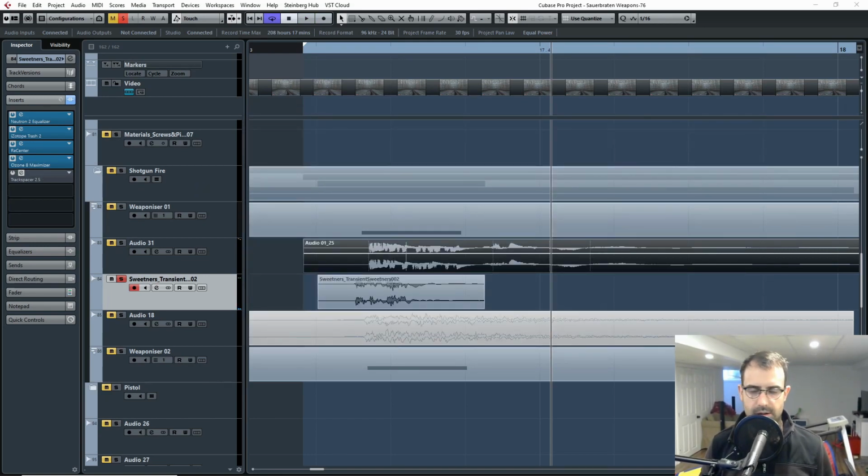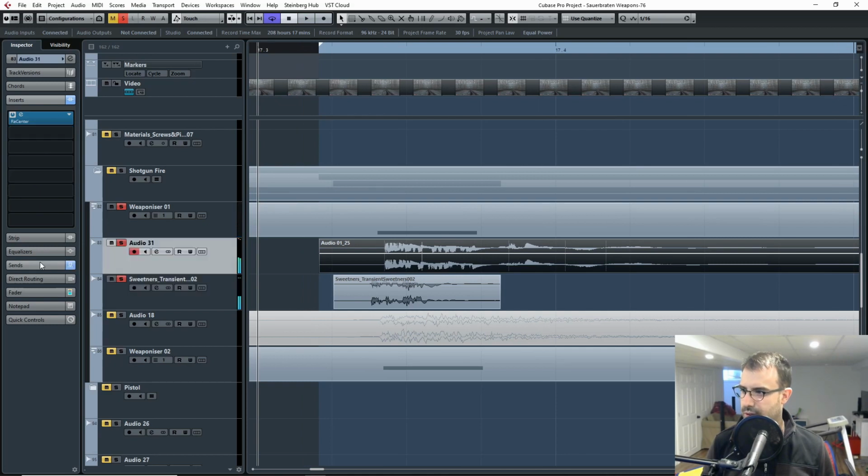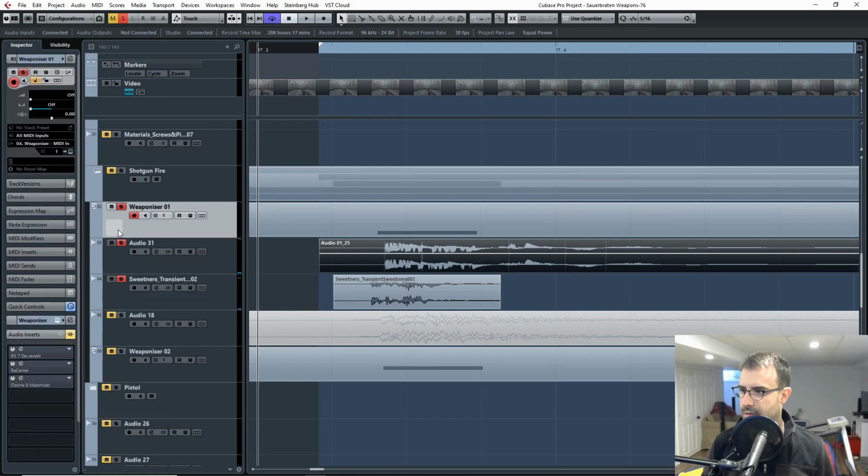And then finally, Track Spacer here. This is probably because I have another layer ducking this signal so it's not too loud. So if I just play it by itself, it'd probably be too loud as the gunshot, but with, I think it's the distortion layer here, it's being sent to the sweetener. So if I play the two together,